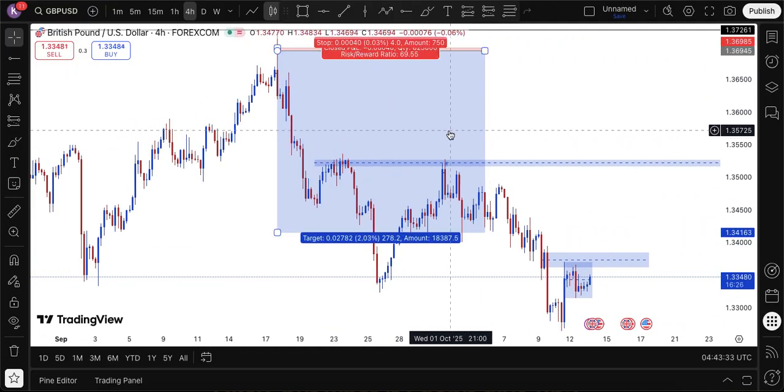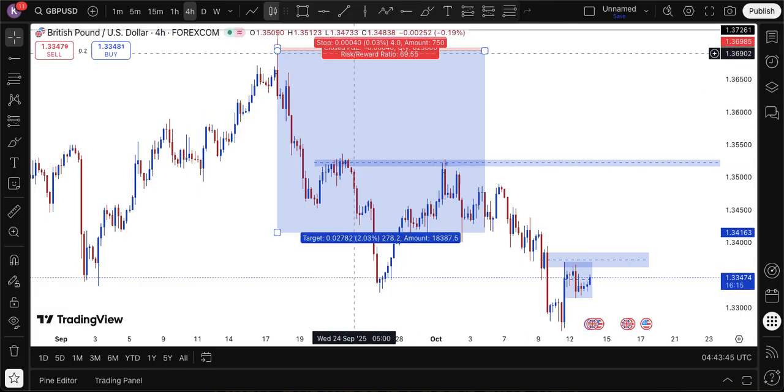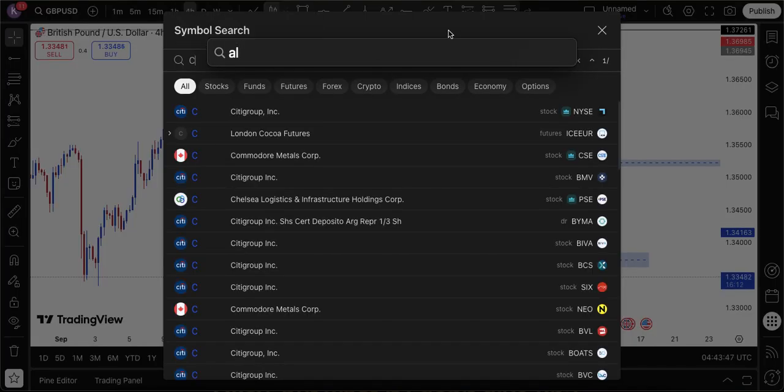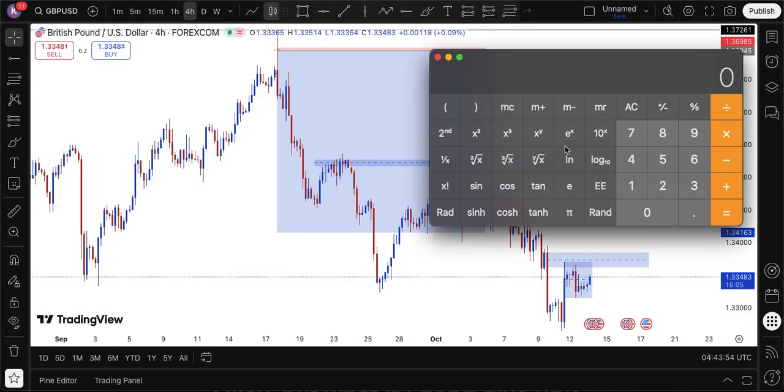So imagine an SMC trader, or someone who trades like this, takes this move and gets 1 to 70, and you get 150 with your 50K. Oh, I want to open the calculator. I'm good at math, but I want to stress it. So 70 times 50K. That's like, wait, that's 3.5 million.